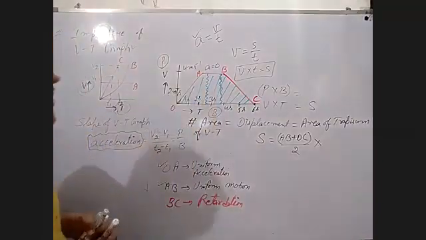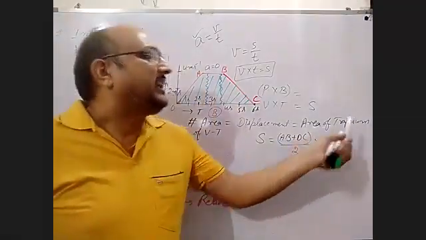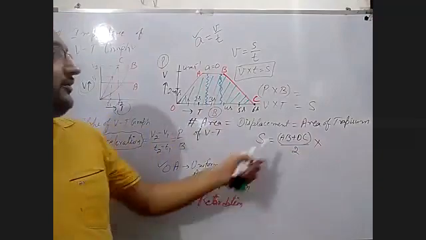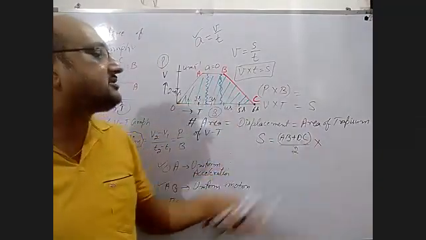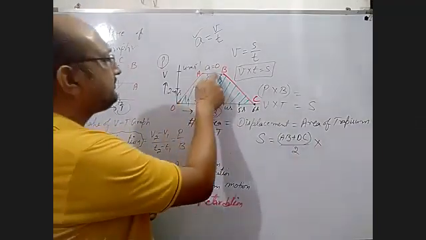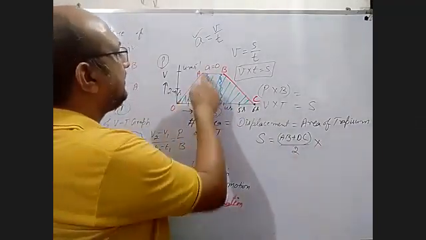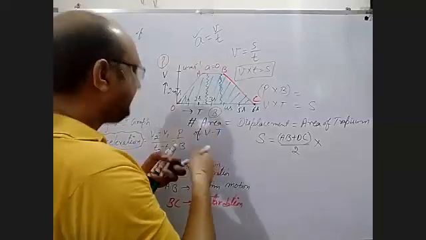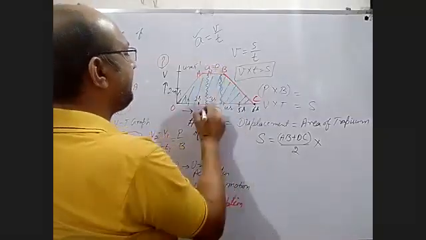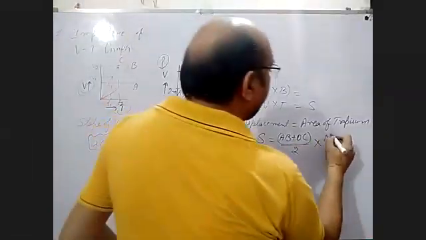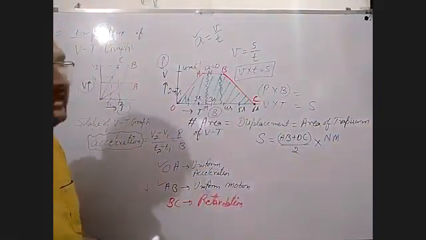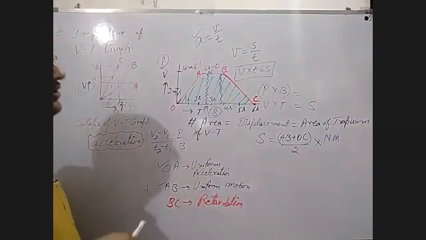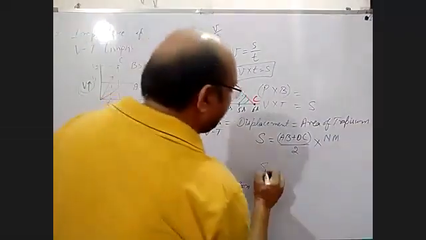But now, here the area of the trapezium, we are taking from this graph. It is half of AB plus OC, into the height. Now, what is this value? You can take anything, suppose NM. NM is the height between these two parallel lines, AB and OC. Now put in all the values and get the answer.